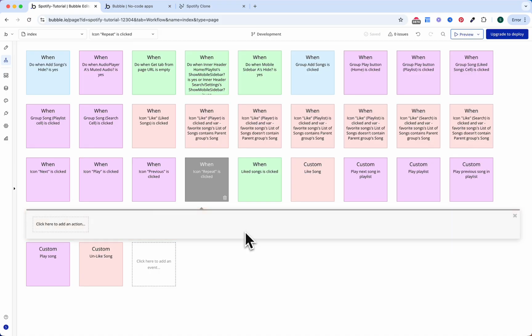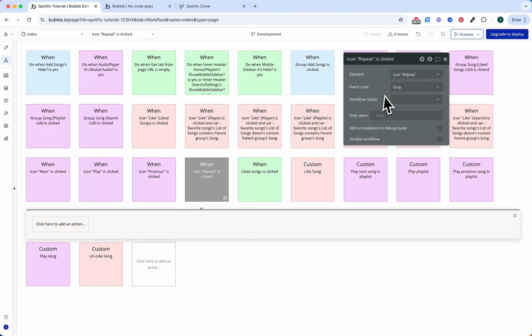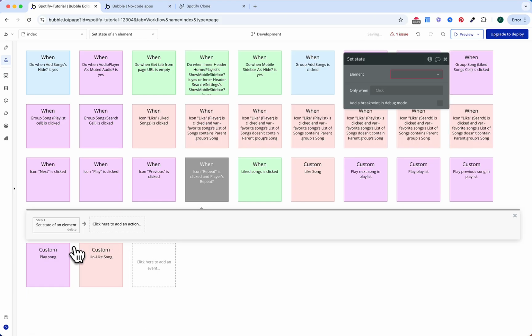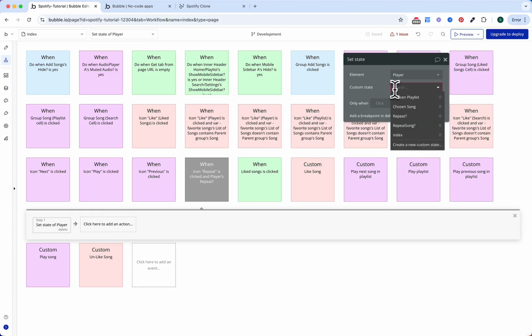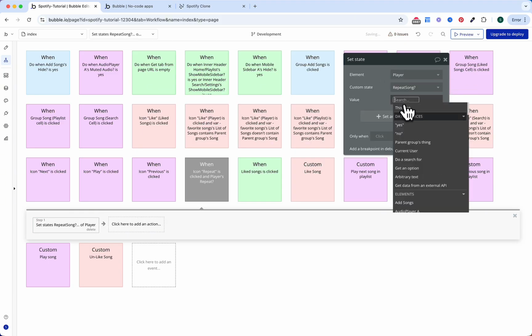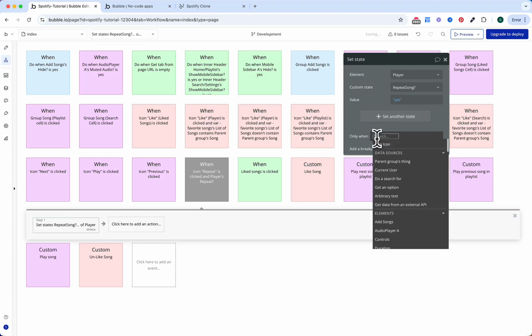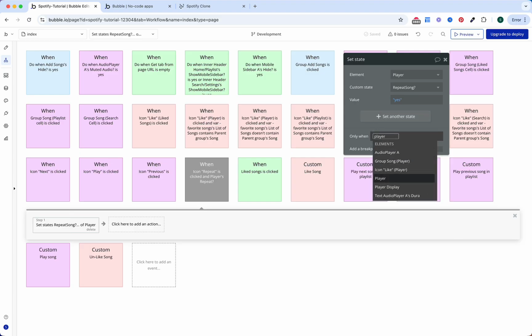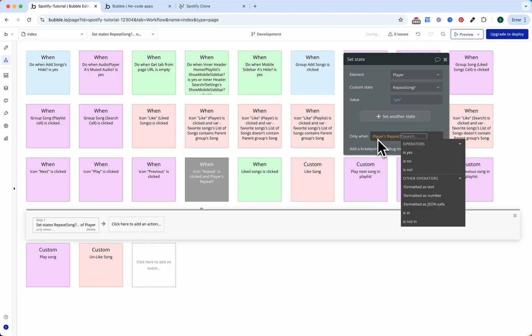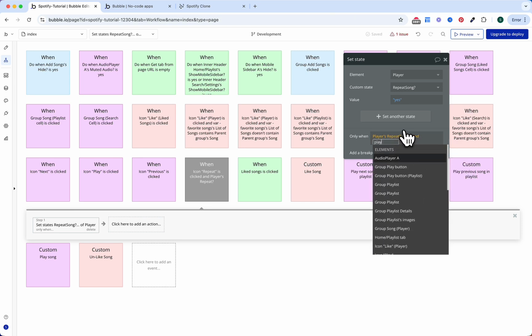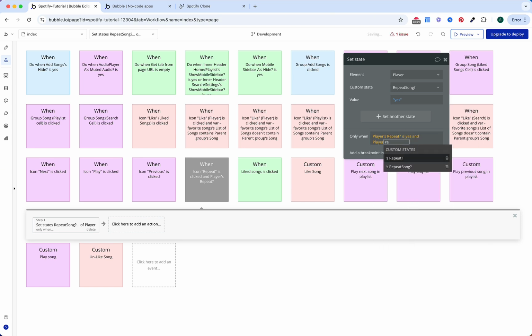For this repeat icon, I'll need two workflows to set up the functionality. So the first one will fire only when the player's repeat is yes. If the icon is already on repeat, I'll want to set the state of the player custom state repeat song. It will be yes, and this will happen only when the player's repeat is yes and the player's repeat song